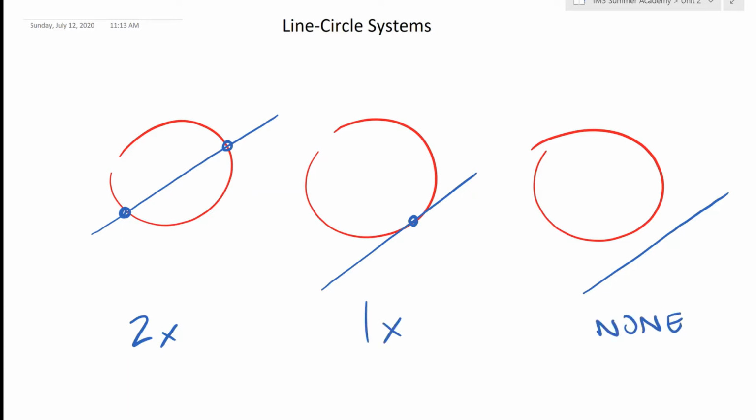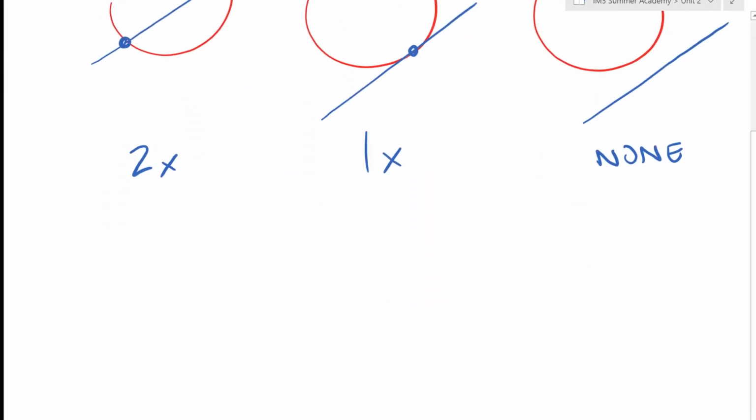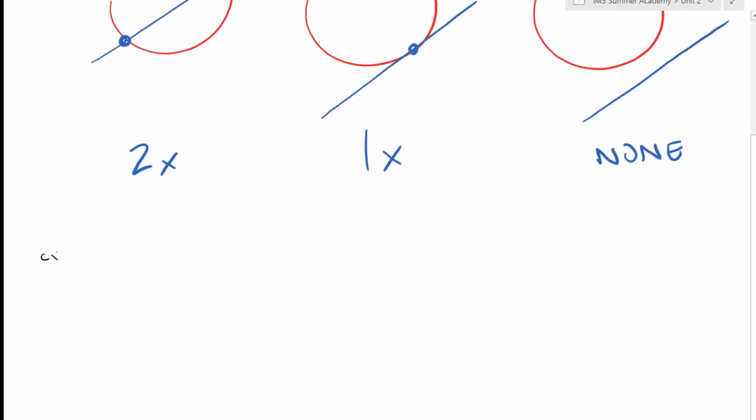none. Now we can do all this by graphing because we just learned how to graph circles and we already know how to graph lines. Today we're going to focus on solving these systems algebraically, doing these by hand according to the numbers. So starting with our first example,